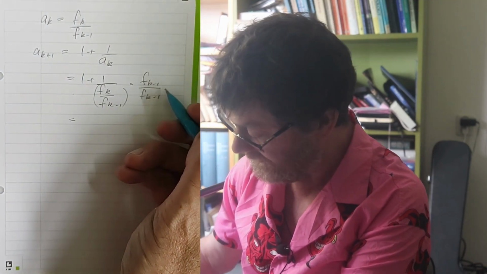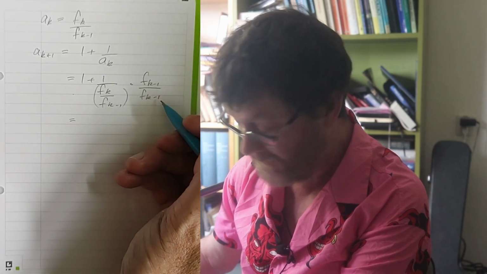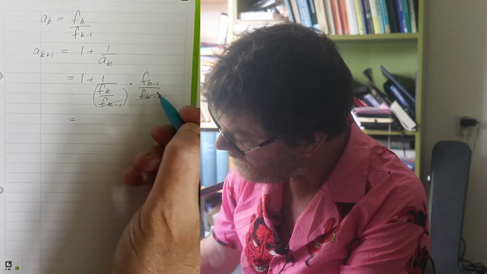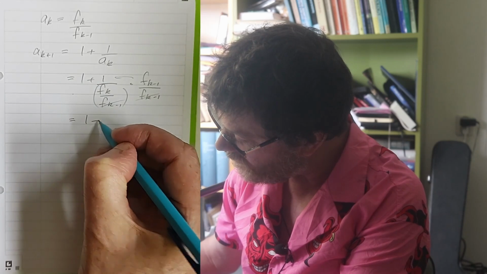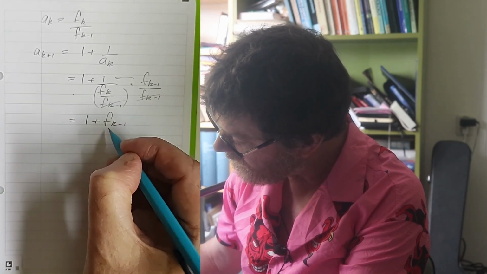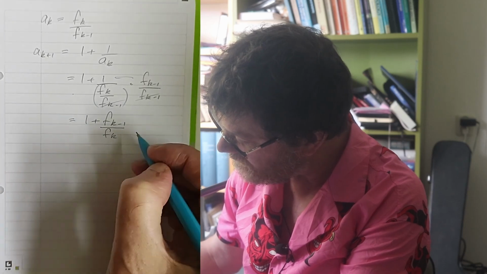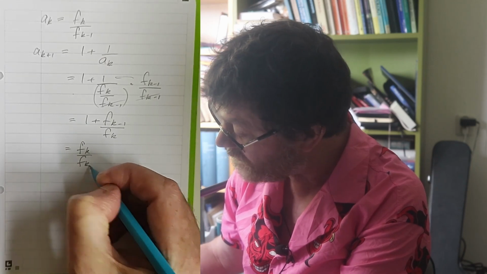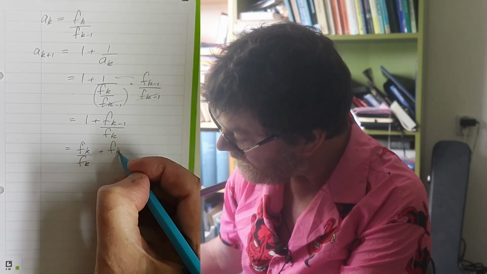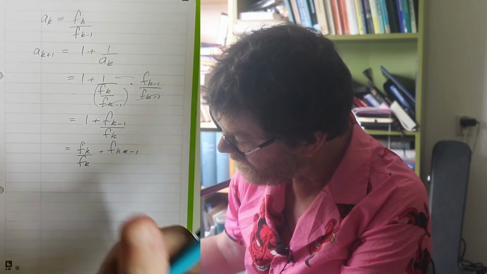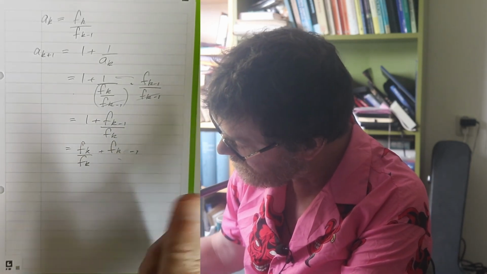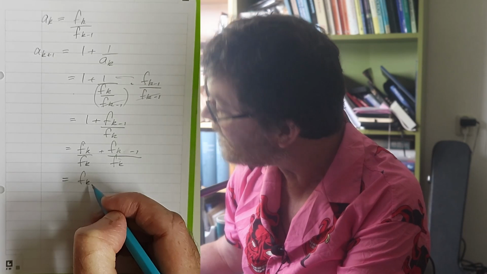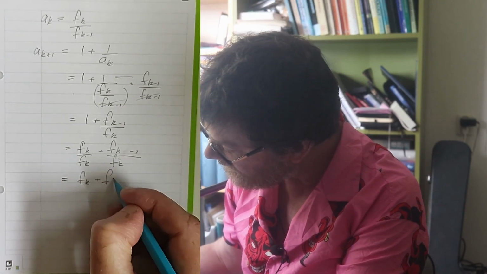So we multiply the fraction by F_(k-1) divided by F_(k-1), which is the same thing as 1, so we're allowed to do that. Then on the bottom we'll cancel these, and the top we'll just put this there. So then we've got 1 plus F_(k-1) divided by F_k, and we're going to do essentially the same thing again. We're going to write the 1 as F_k divided by F_k, which we are sure is 1, and then add F_(k-1) divided by F_k, and then that's F_k plus F_(k-1)